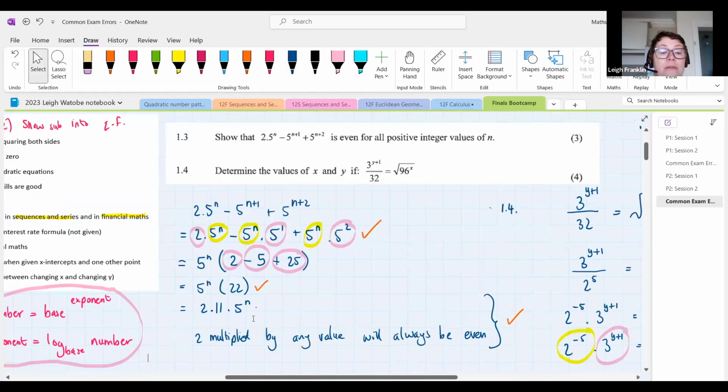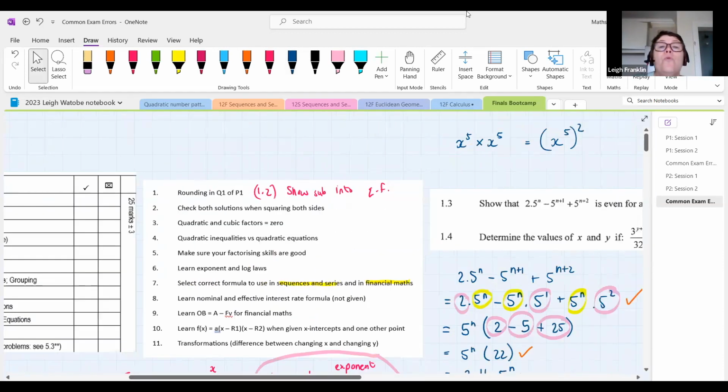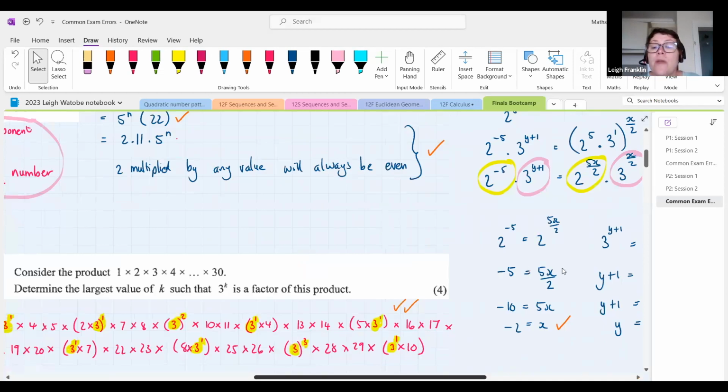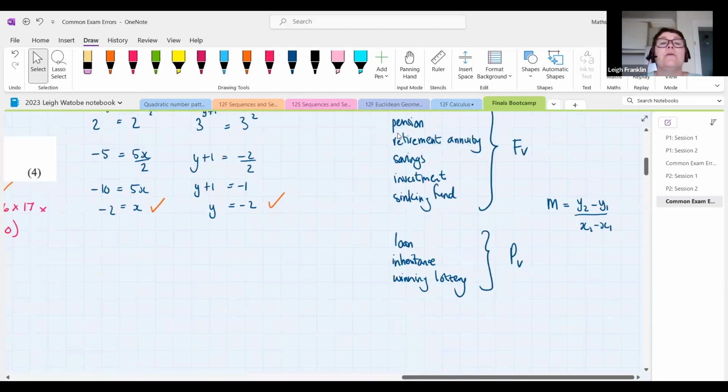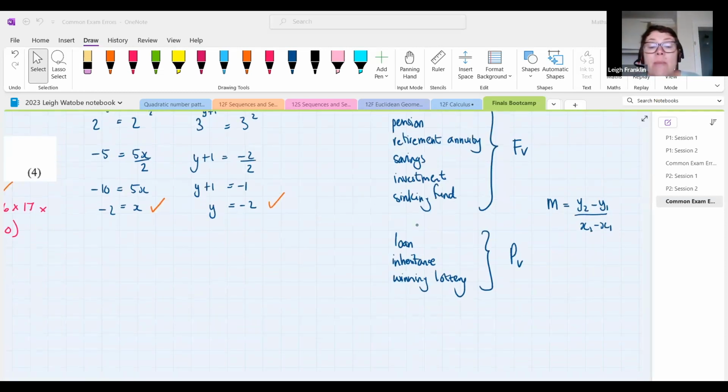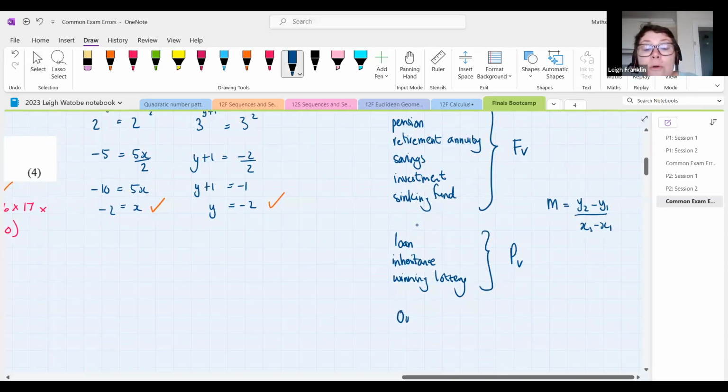The other thing that you must do for financial maths is the balance of a loan. So that's point number 9. Learn: outstanding balance is A minus future value. Do you remember that from the last time we spoke about it? Maybe I should scooch over and make you a little note on that too, because you can always take screenshots here. Remember, when it comes to outstanding balance or balance on a loan,